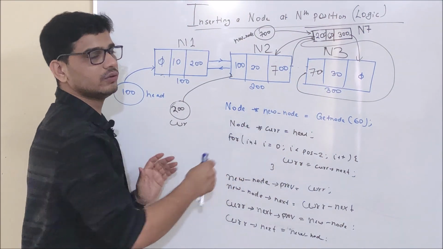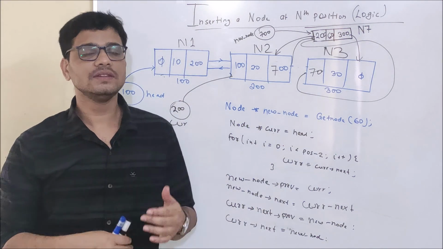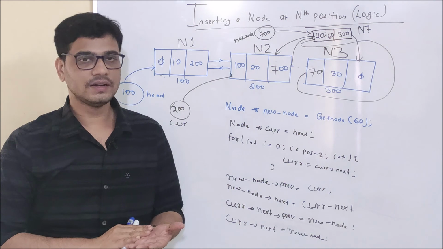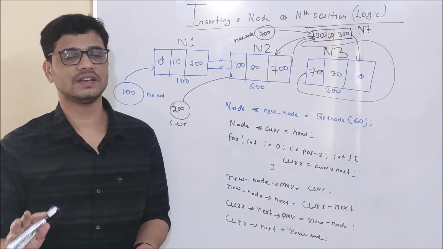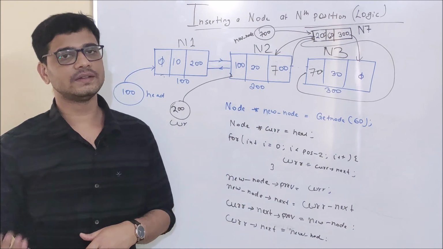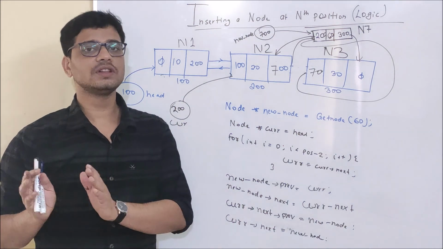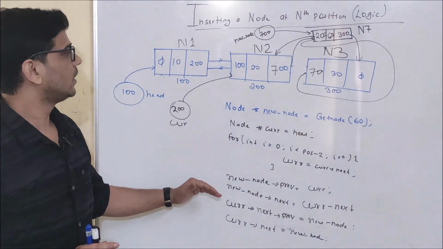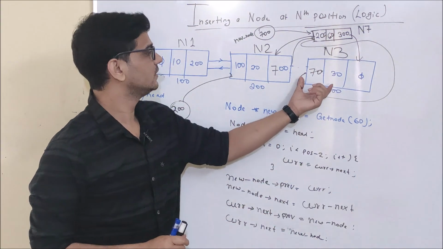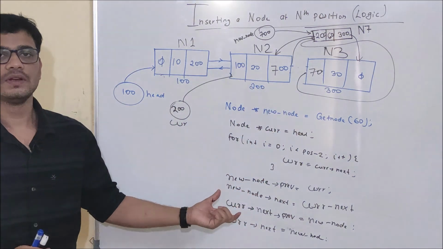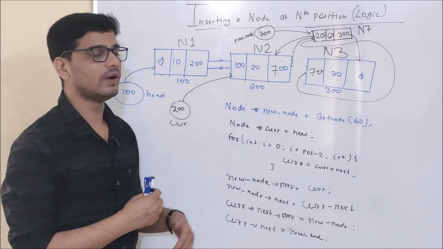So this is how we need to insert a node at any other position. So basically what we have done in this particular video, we have inserted a node at any position in a linked list, and to deal with this we have 4 cases: position smaller than 1, position greater than size plus 1, then position equal to 1, that is at head, and the fourth is position equal to size plus 1, that is at the last position, and the last case is any other position. And we have successfully done it. And in the last 2 cases we have used a current pointer to traverse, and